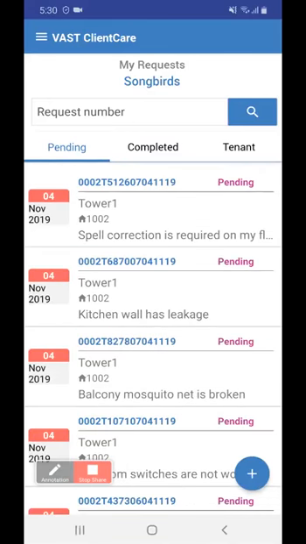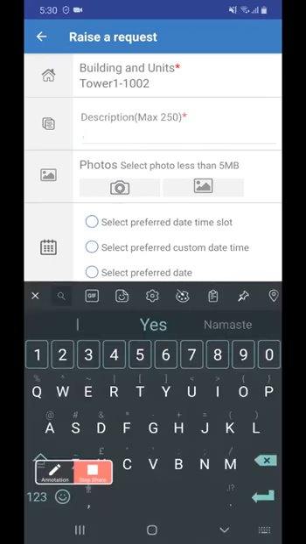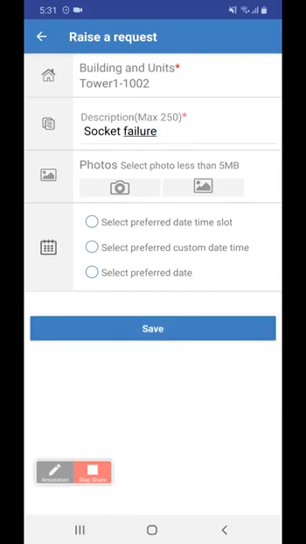Now let us add one request by clicking the plus icon on the right down side. So if we click the plus icon, automatically the unit number and building number is selected, which is added in the admin's panel. Now the owner just needs to give the description of the request, and he can select or click the new photo up to 5 MB size.